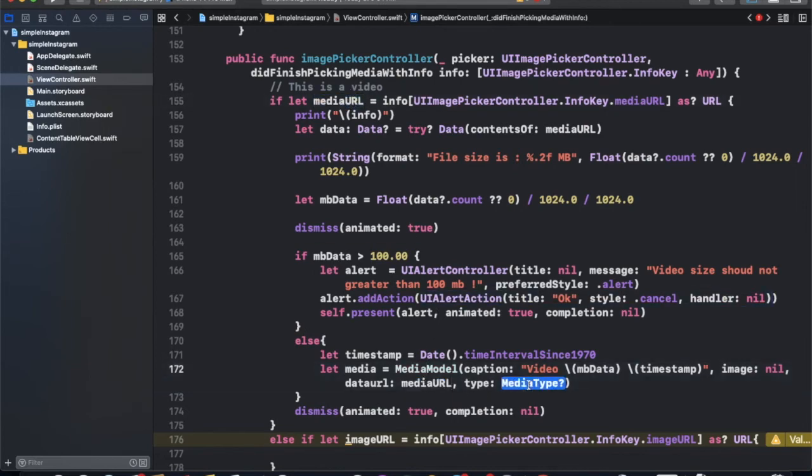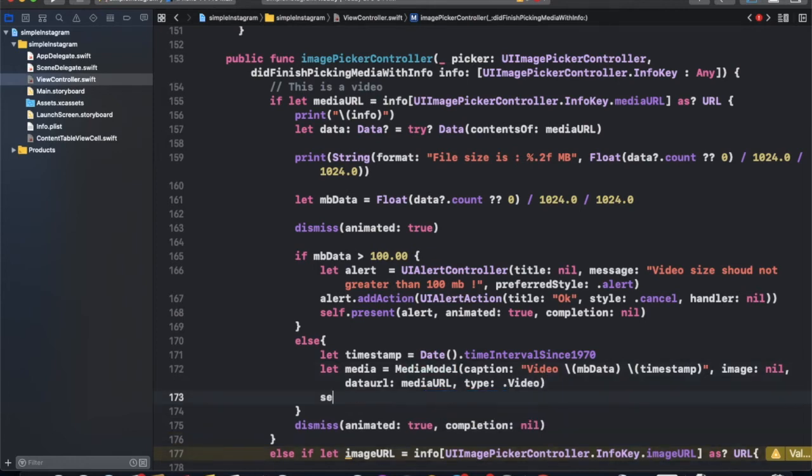The media type is video, and we add it into the array: self.medias.append(media).